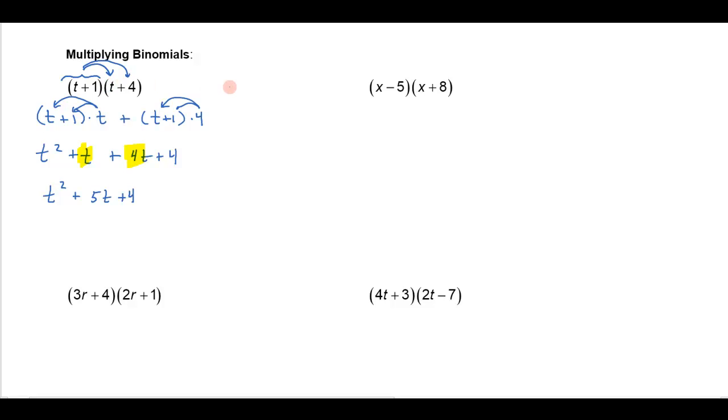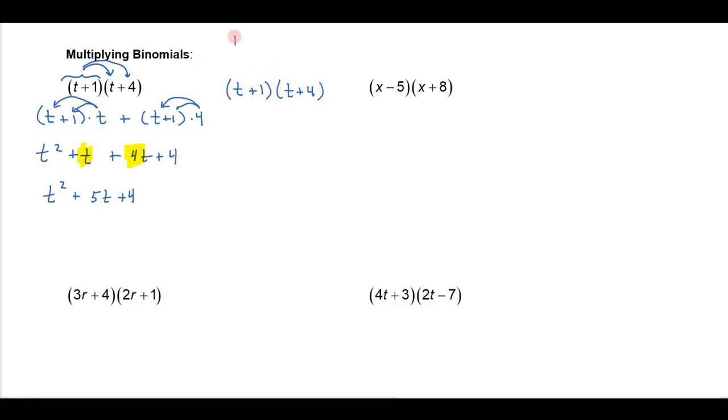And so what you'll notice here is that basically every term here, the t and the 1, got multiplied by the t and the 4. So I multiplied the t times the t and the t by the 4. That's the t squared and the 4t, and I got this 1 multiplied by the t and the 1 multiplied by the 4. And so that's the way you multiply any two polynomials. You basically have to multiply every term in the first polynomial by every term in the second one. And when you do that for binomials,